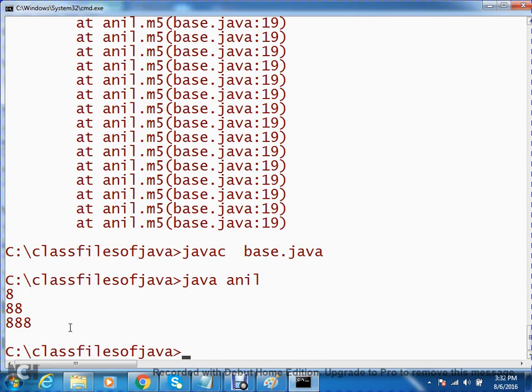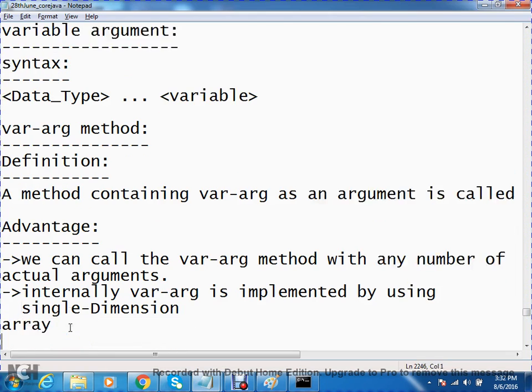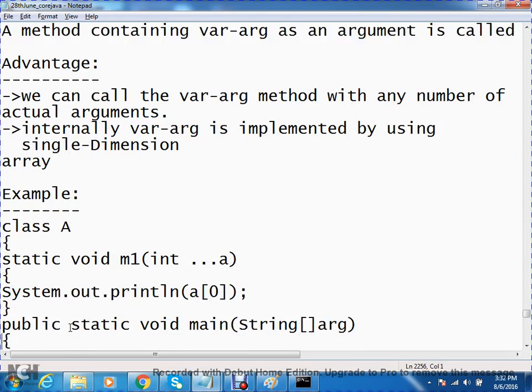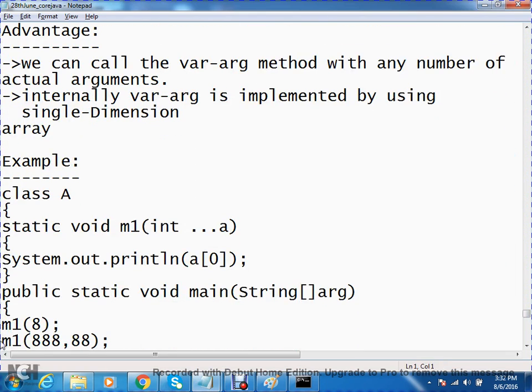Okay. So what is a variable argument? The same example. This is the variable argument. Now I am calling that method with capital A dot.